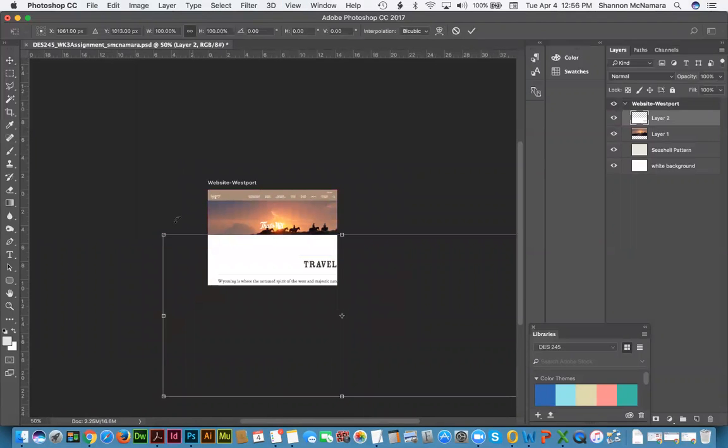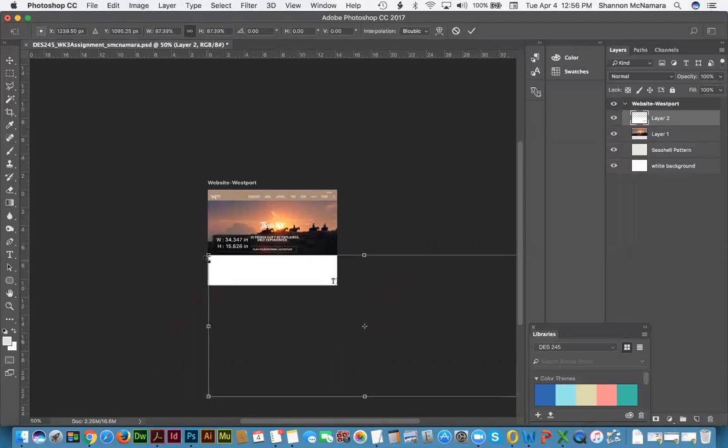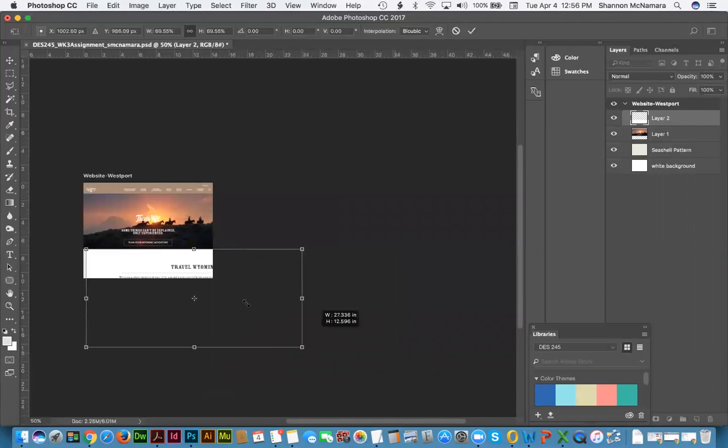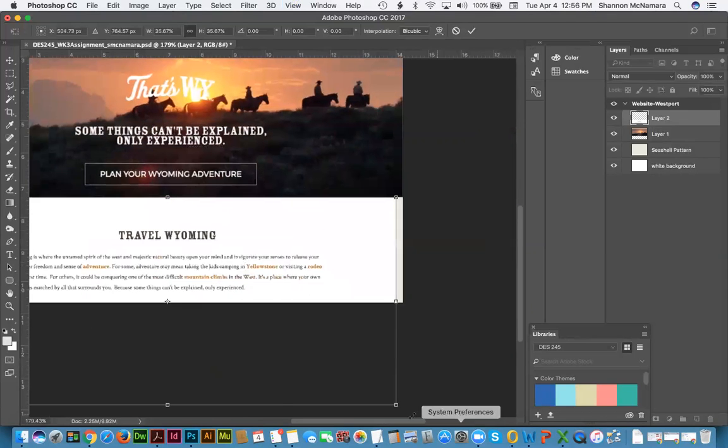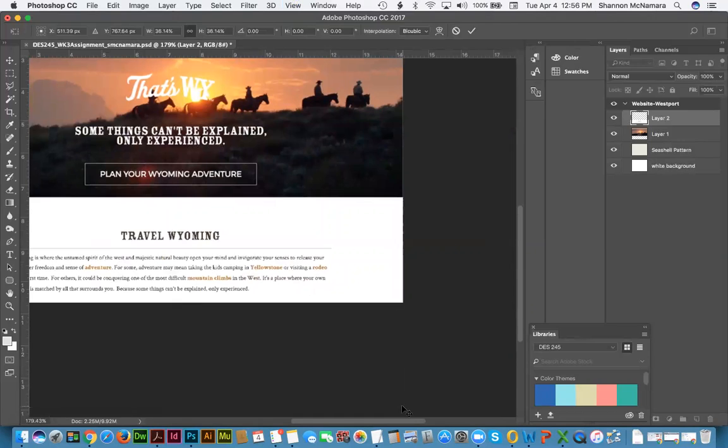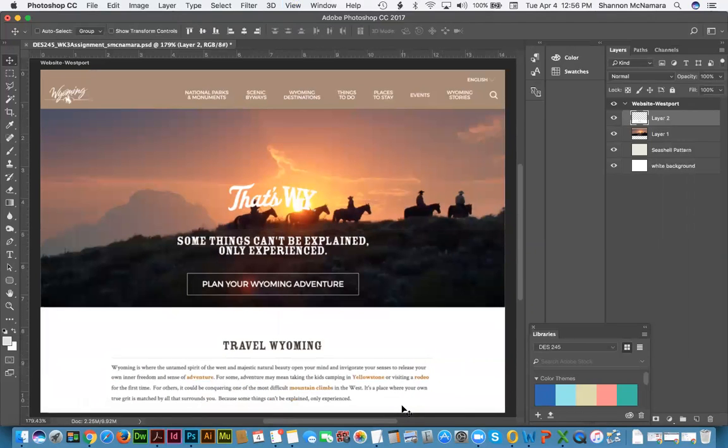And you'll do the same thing. Make sure it's proportional where you're scaling it. It's okay that it doesn't exactly fit. This kind of gives you an idea of where the fold is with things. So